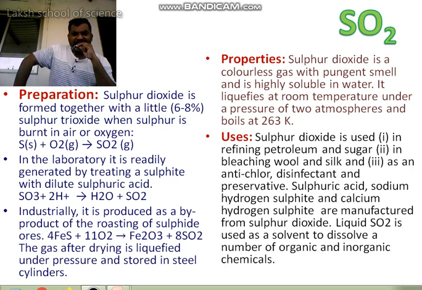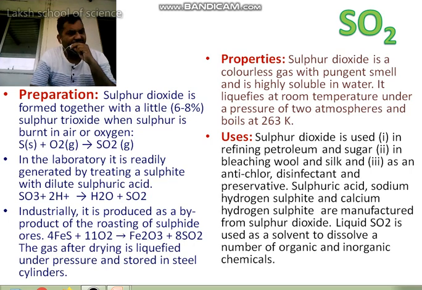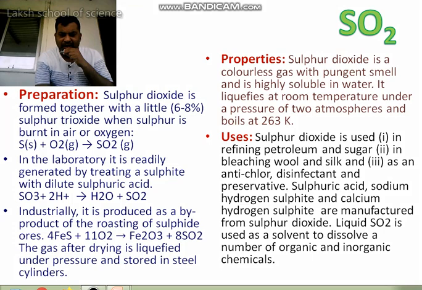It is also used in packing because it works as a disinfectant, so that's why it is very important. And as a preservative it can be used because it makes a layer on the food that cannot be decomposed afterward by bacteria. Sulfuric acid, sodium hydrogen sulfite and calcium hydrogen sulfite are manufactured by using sulfur dioxide. So this is another part where sulfur dioxide can be used. Okay, so that will be another important topic.